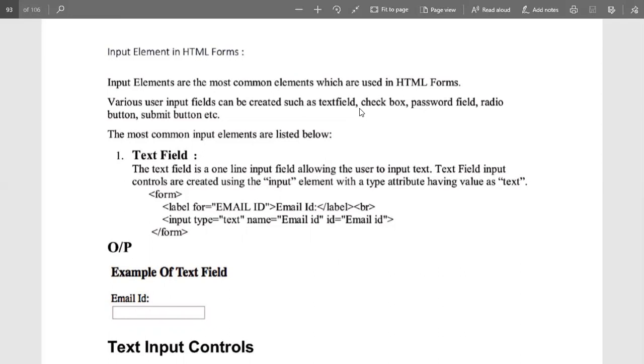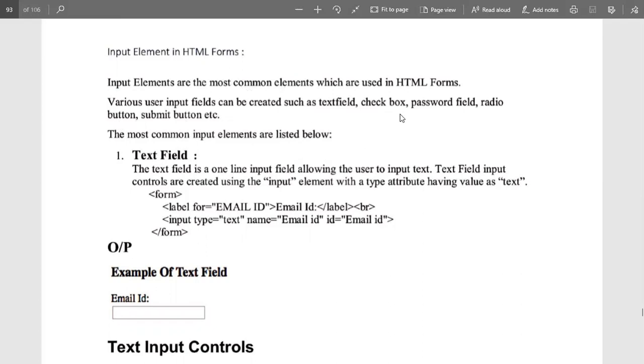And whenever I am logging in to any website, say Facebook, we have to put in the password as well as the username. Once the username is done, we insert the password, and that password is not revealed to anyone; it is represented in asterisk format. So it is also possible to fill in the password. Next is the radio button. A radio button means choosing one of them. Submit button: once the process is done, we finalize and then submit. So those are all the input fields which can be used in an HTML form.